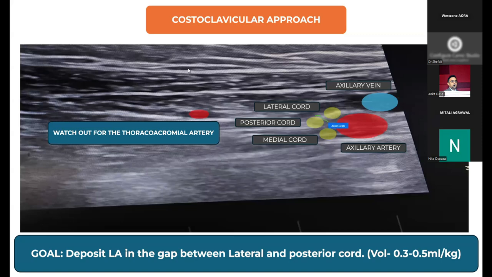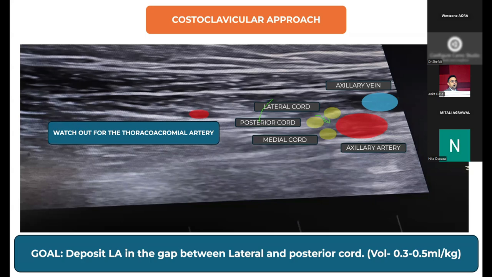Where will you put the catheter? Ideally, what has been described is you have to go somewhere over here. When your needle comes to this point, you will start hydrodissecting. Once you start hydrodissecting, these cords get separated. Then you pass the needle further ahead and try to go into the center of this cluster,